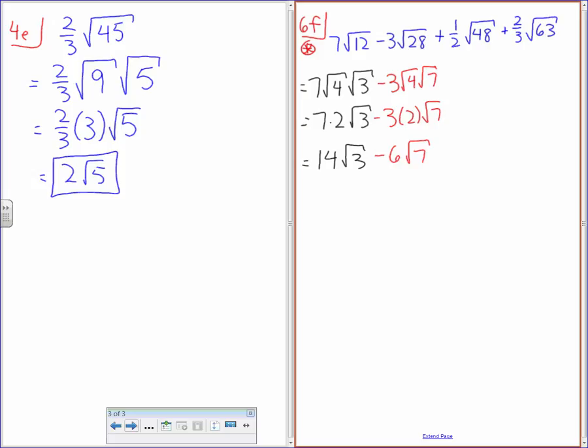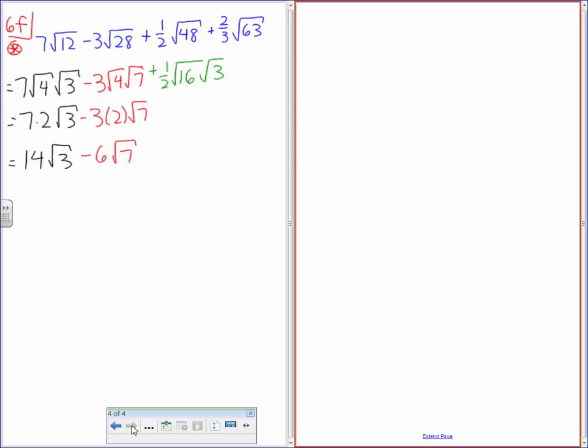The next one, I'm going to do 1/2 root 48. Yeah, go ahead, Allison. 16 times 3. So it's going to be plus 1/2. Oh, goodness. I'm going to have to go to 2 pages here. This is our first question of the year. It's going to take me 2 pages to do. That's wonderful. Now, if you didn't see 16, if you saw 4, 4 times 12 is okay, but then